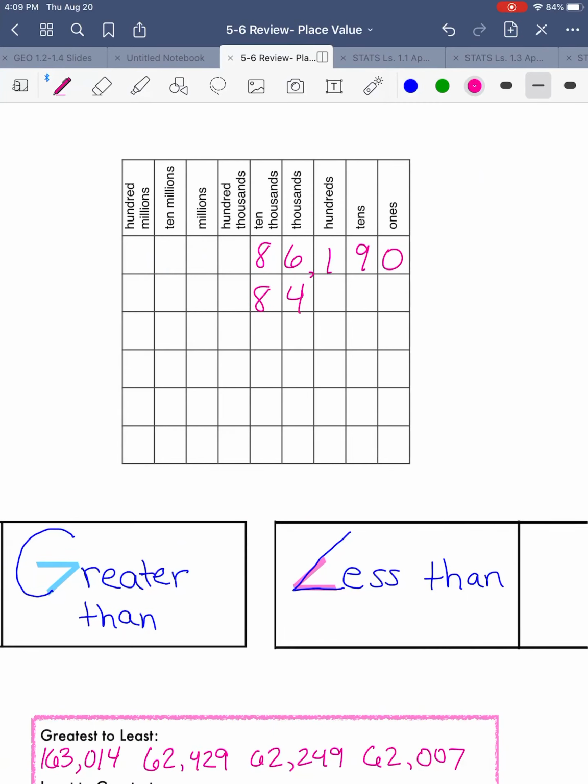84,993. And then again, I'm going to compare individual place values. Well, they both have an 8 in the 10,000s place, so we can't use that. But when I get to the thousands place, then we see a difference. How does this number relate to this number? Well, that 6 is greater than 4. So that means